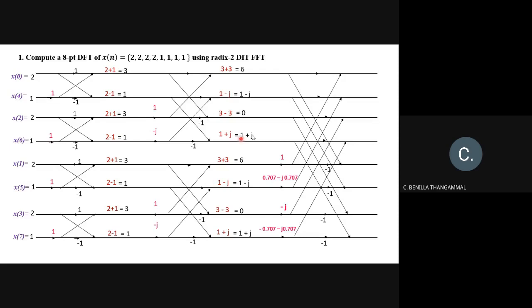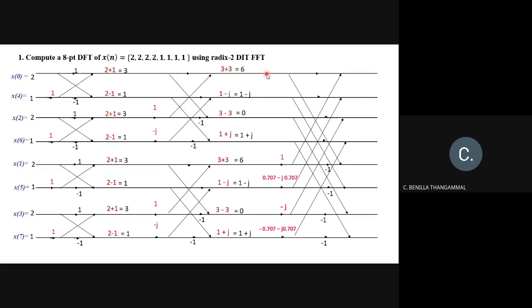So now, in this one, you just see here, this 3 is in black color and this is the twiddle factor. So by seeing this one, you will not get confused between the twiddle factor and the inputs and outputs. That's why this color combination will help you. Now, with the help of these values as input for your stage 3, we'll proceed with stage 3.